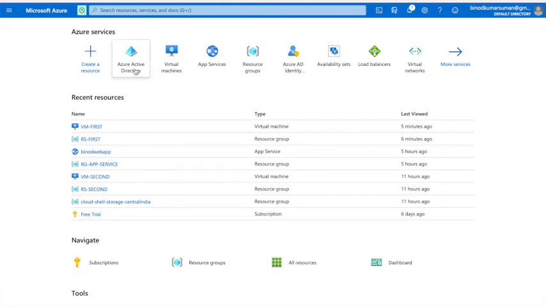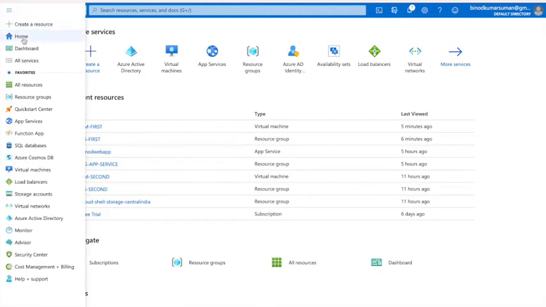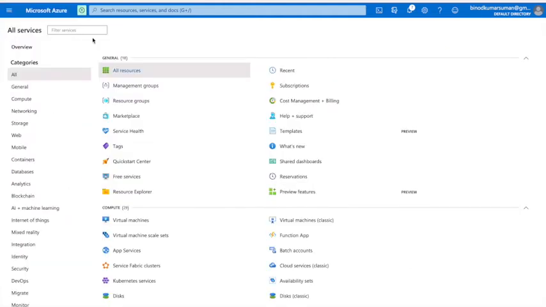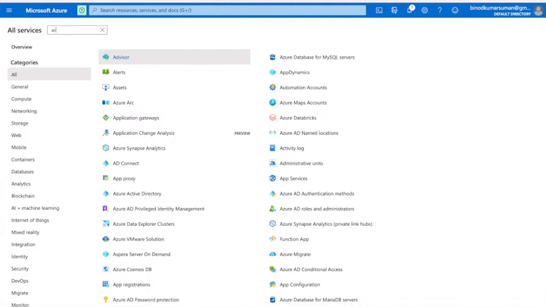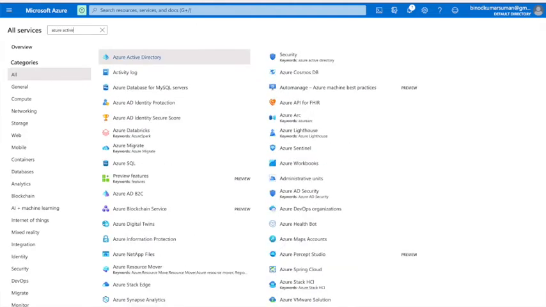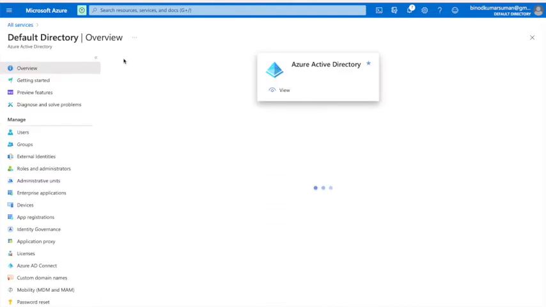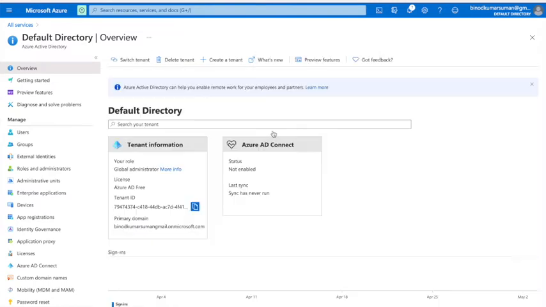If you go to Active Directory here, or you can type it here and click Active Directory. You can see, as I am the global administrator, you can treat me as the tenant. I am the tenant, and this is my domain name.